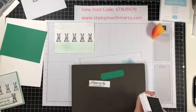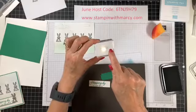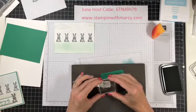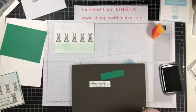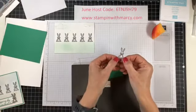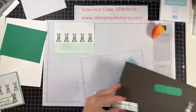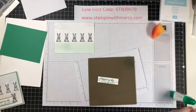Close this up because we certainly don't want ink everywhere with that. And then this adorable little stitched hop line. I'm going to ink that up in the Memento, and I'm angling it so that way it looks like my little bunny is going to be hopping. So I've gone ahead to save time, and I have already colored and fussy cut out this little bunny because my punches out the larger bunny. So I went ahead and fussy cut that out, and I'm going to pull in another of my silicone craft sheets here